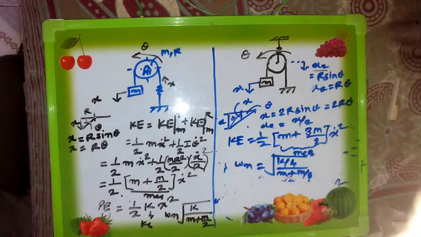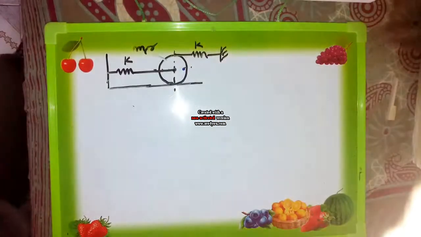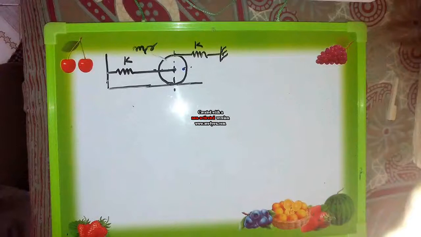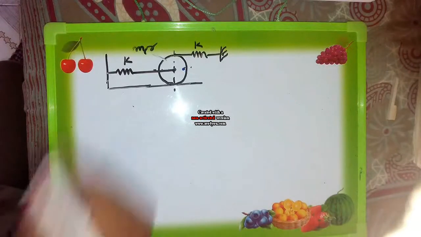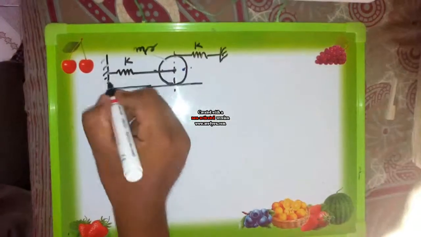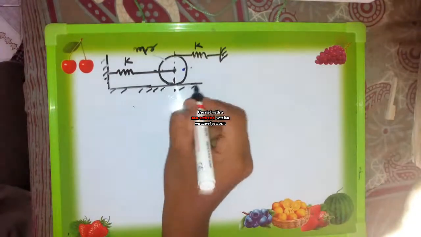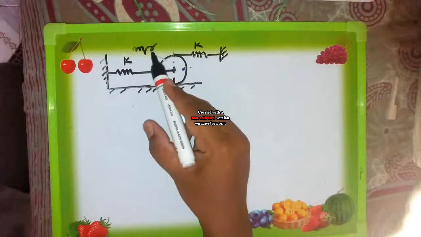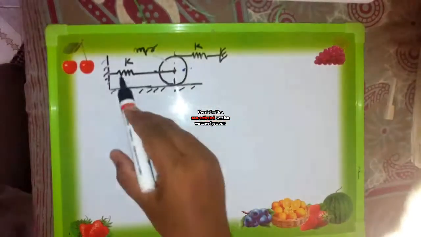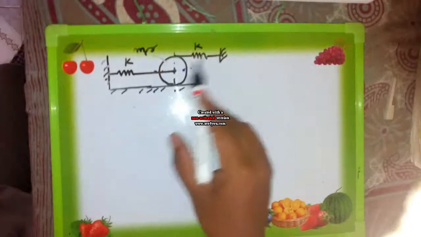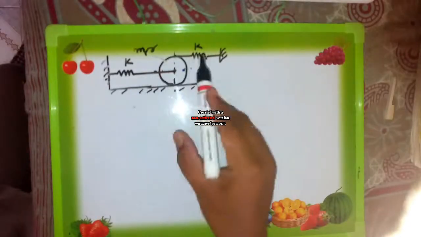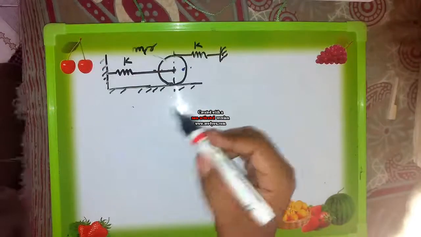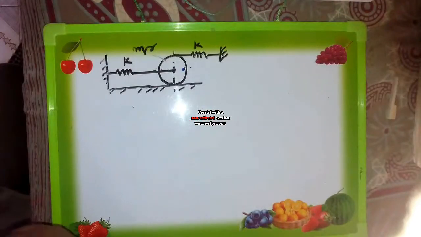It means that both problems are looking similar but both solutions are different. Let's start with one more critical problem. Just repeatedly I have modified it to some extent. Now this is a fixed support, okay, and this is a pulley of mass small m and radius r. It is connected by two springs, one at its center and one at its periphery, both having the stiffness k. Now we have to find out whether it's a single degree of freedom or multi-degree of freedom.